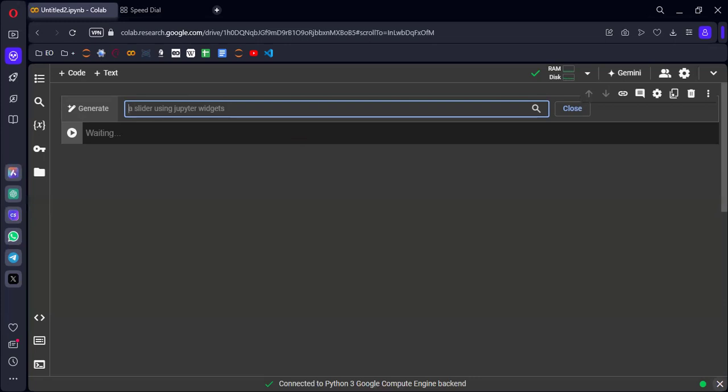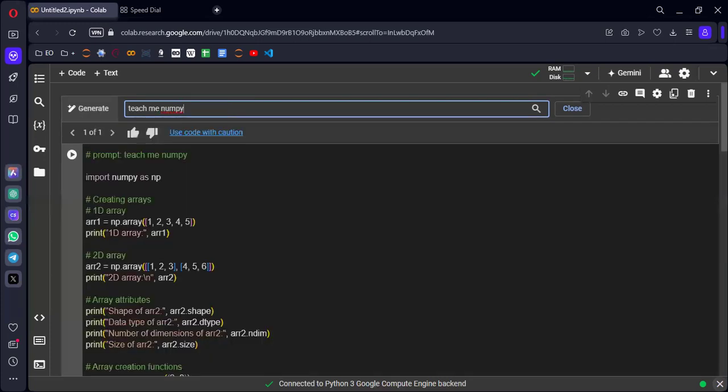Just say, teach me numpy. And as soon as I press enter, now it will give me some examples. And we can see here, it is trying to teach me numpy. So here we are importing numpy as np, and we are creating an array. And this is an array that contains,